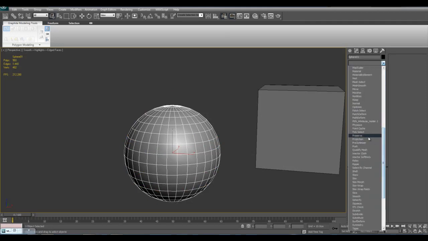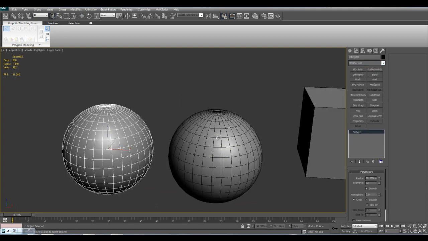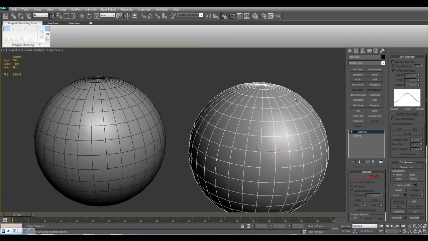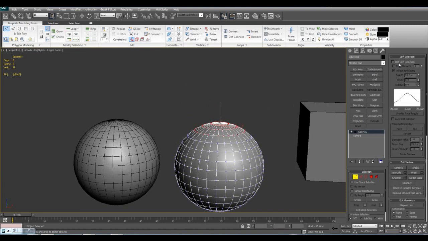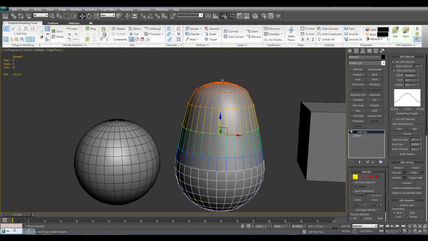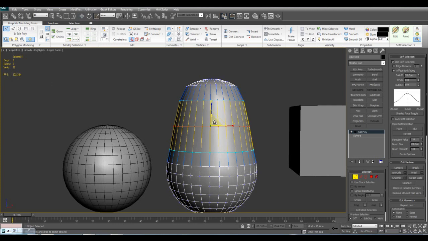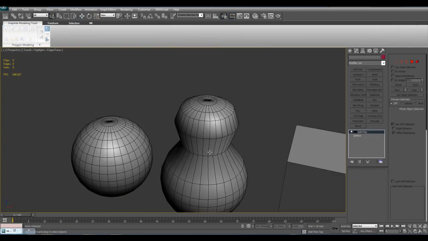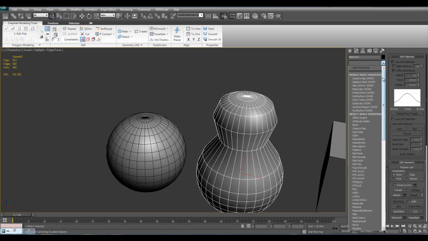Next we have the preserve. This is kind of a strange one, but basically, if I take this object, I'm going to go ahead and select the top vertices, soft selection, just kind of move it up like this. Okay, so I've taken this sphere and I've modified it. If I apply the preserve modifier